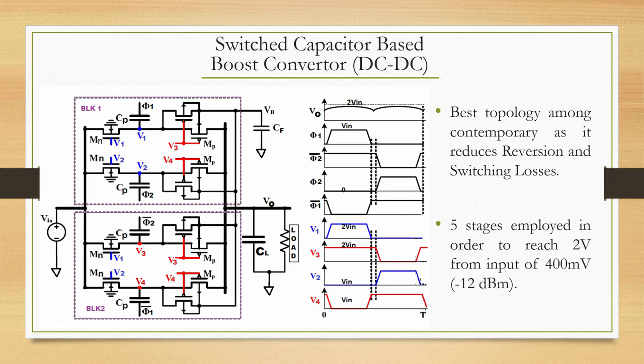But from what we see, switched capacitors are definitely very high performance circuits, and they are supposed to be the best in topology. This is the key here, and we have reached the required 1.95 volts which I mentioned to you by using these 5 stages of